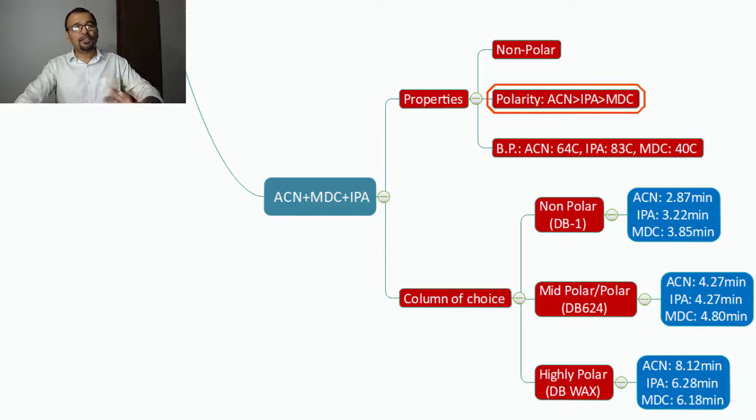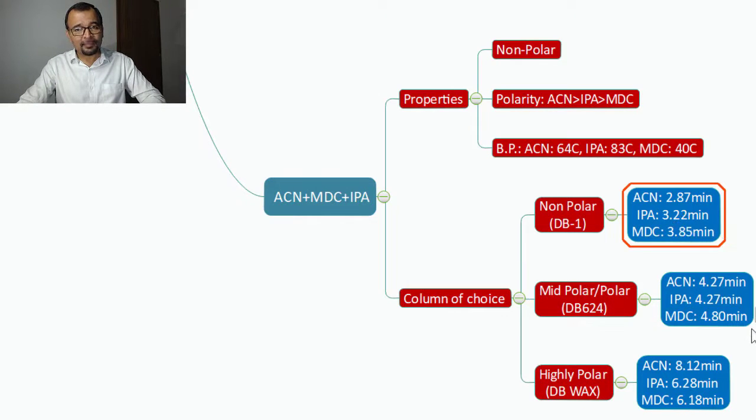So if I ask you, what is your preferred column for this separation, what is your answer? Are you going to select DB1 or DB624 or the DB-WAX? Okay, the choice is yours. But I would have selected DB1 as my preferred choice of column because there I can have the better selectivity and efficiency, and fast throughput of the analysis. Because this data probably may not be suitable, with very little separation, but I can further work on the initial column temperature or the carrier gas flow rate